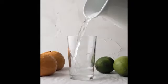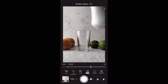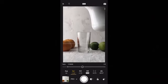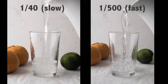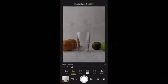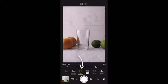Now, on the converse of that, if you've got something that's moving and you want to capture it in still, complete focus, then what you want to do is use a faster shutter speed. So in that case, go to like 1/300th of a second or 1/500th of a second. That's a really fast amount of time for your shutter to open and close and capture what's happening in front of it. But if you are familiar with the way that cameras work and operating a camera in manual, the faster the shutter speed, the less light that is letting in, the darker your exposure is going to be. So you're going to want to be in the right sort of lighting scenario if you want to get those super high shutter speeds. Or you compensate with your ISO, which then brings us to the ISO,